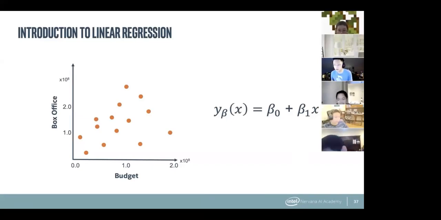So anyways, regression is the problem of trying to predict some continuous value from a set of features. So you have this dependent variable that you're trying to predict. You're trying to predict, let's say, the box office of a movie from its budget. Generally the more money that people spend on a movie, the better the movie stars that you can get, the better the production equipment you can get. So generally it'll be a better movie, and this might correlate with a higher box office.